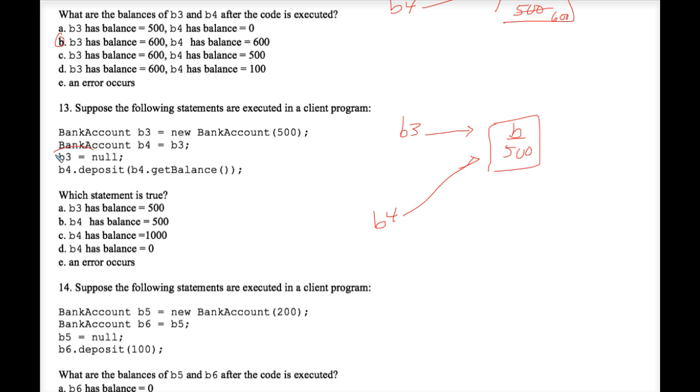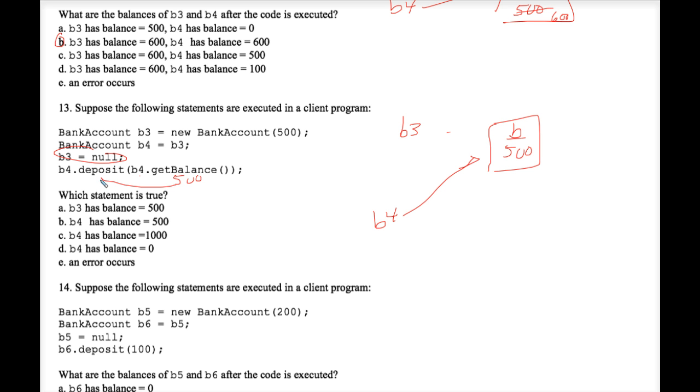But the line of code B3 equals null sort of breaks this link right here. So B3 is really equal to the memory address 0, or it's kind of like orphaned, it's isolated. It's not pointing to this object any longer. But B4 still points to that object. When you set one object variable equal to null, it does not affect any other aliased copies of that underlying object. So in the next line of code, when you do a get balance, which is 500 for B4,